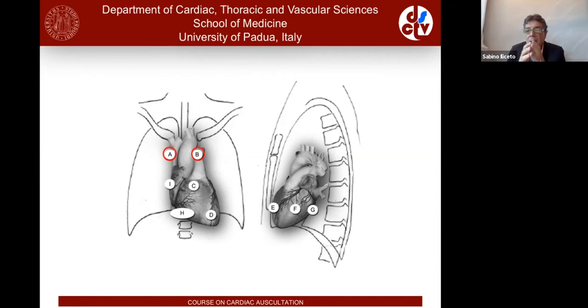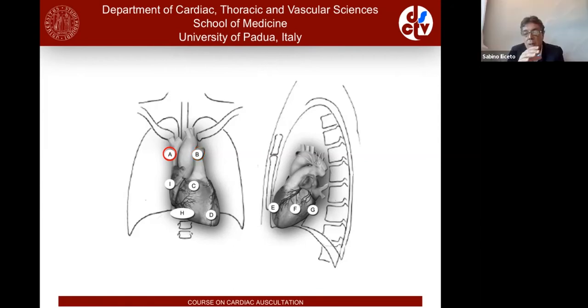Of course, this is not echocardiography. This is not cardiac catheterization. Everything has to be considered in terms of proximity. And if we have a patient, for example, with decompensated heart failure, and we have a second heart sound that is greater here than here, it's easy to predict that there is elevation of pulmonary pressure. On the other hand, but we shall discuss this when we face aortic stenosis, for example,